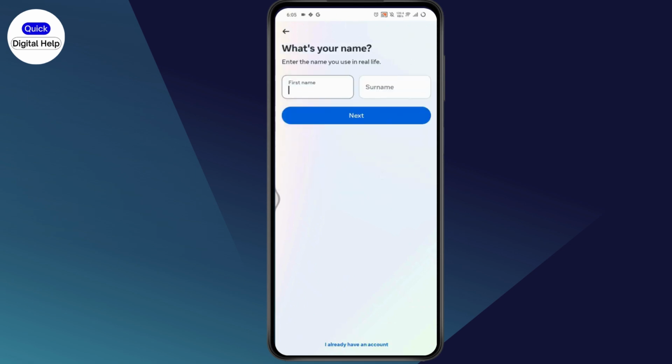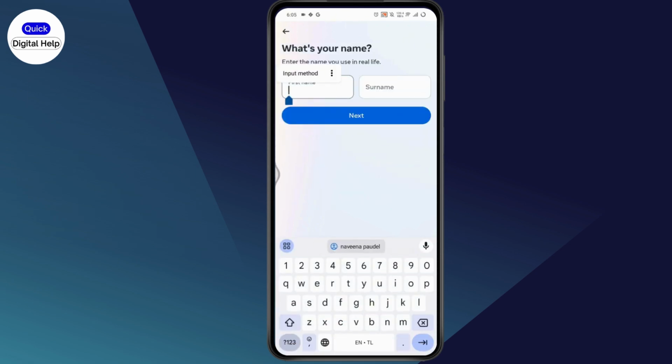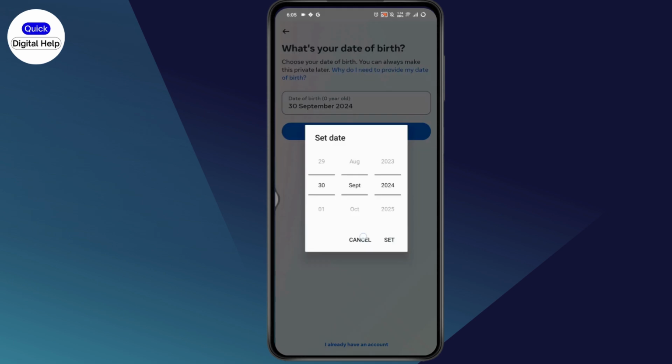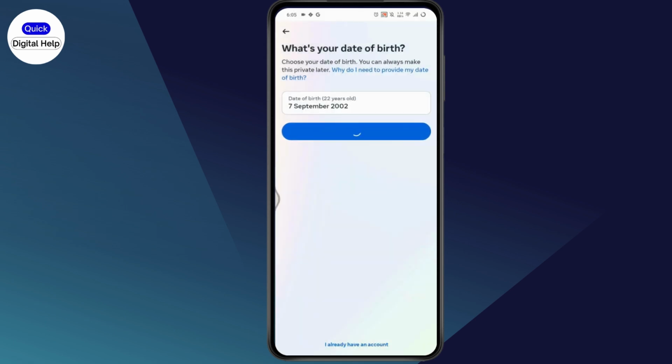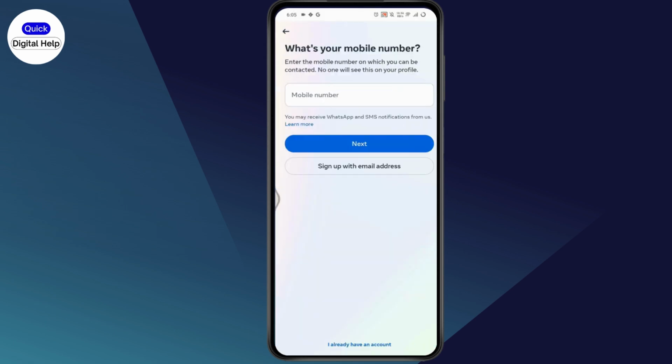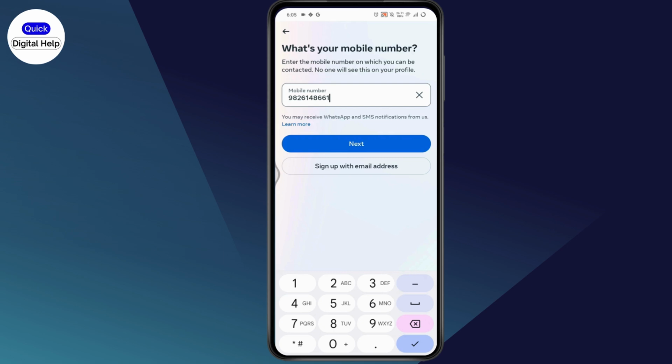tap on create new account. Once you tap on it, now tap on get started, and then enter your first and last name, and tap on next. And after that, you need to enter your date of birth. So enter your date of birth, make sure to enter the correct date of birth, and tap on set. Go with next, choose your gender, and then tap on next, and enter your mobile number, and again tap on